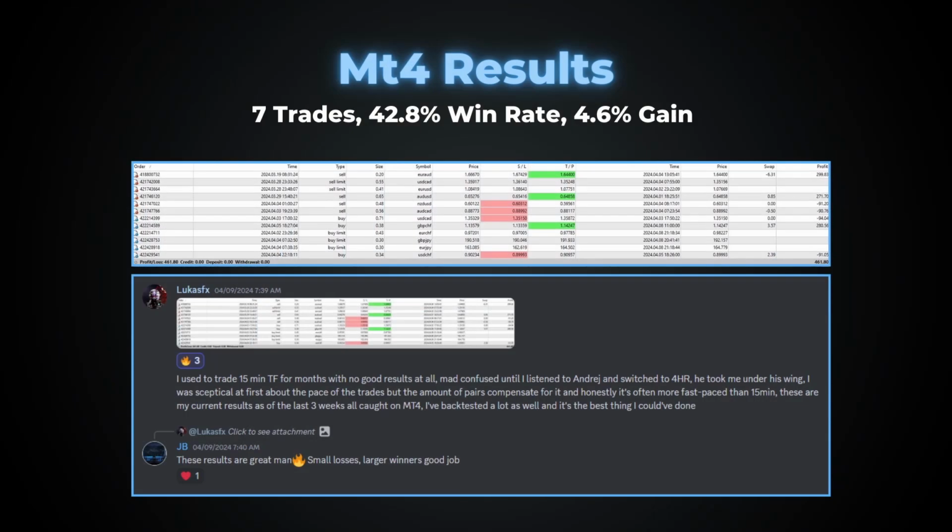And another student that joined us recently, his name is Lucas. You can see here we have his MT4 data, and he's brand new as well, just under a week in the server. And you can see here he does a great job at keeping the losses and wins very consistent. It just shows very consistent risk management, but on top of that, more importantly, he's keeping those losses small while gaining even larger winners, and you can see the consistency of it here among all the trades he's taken